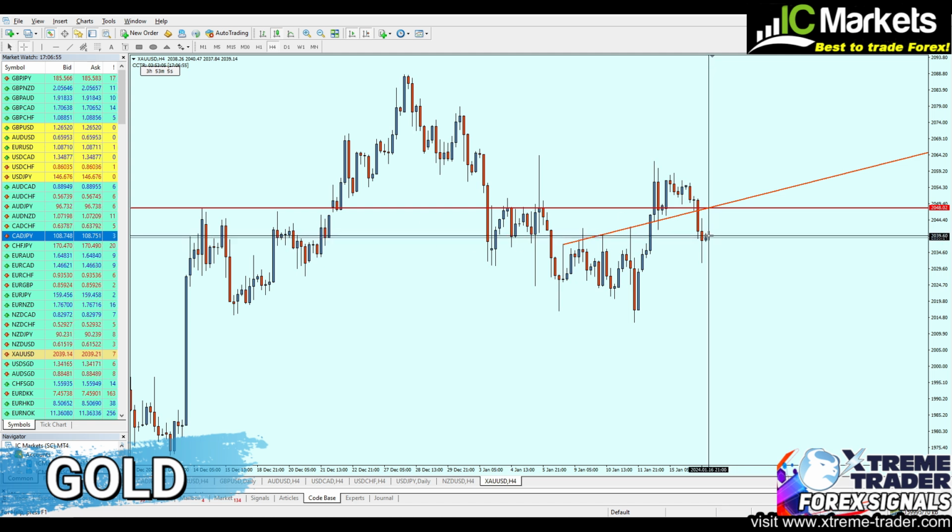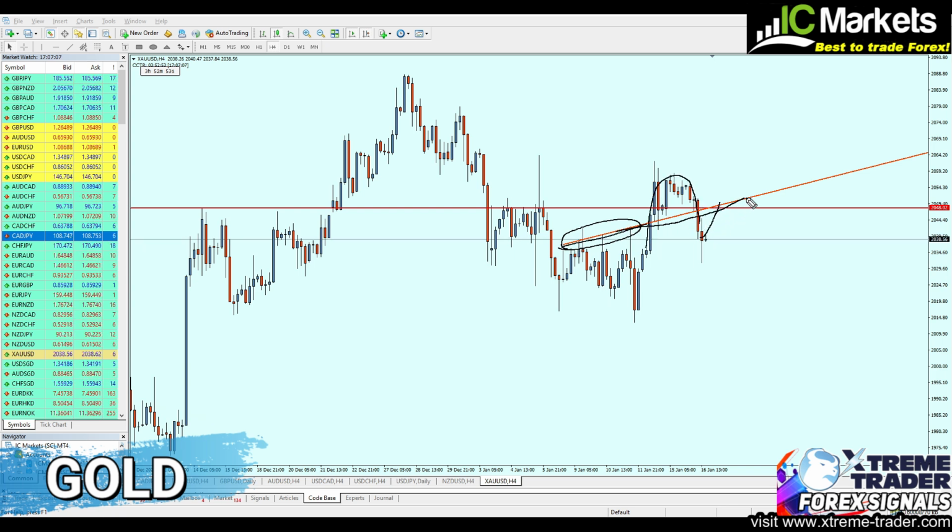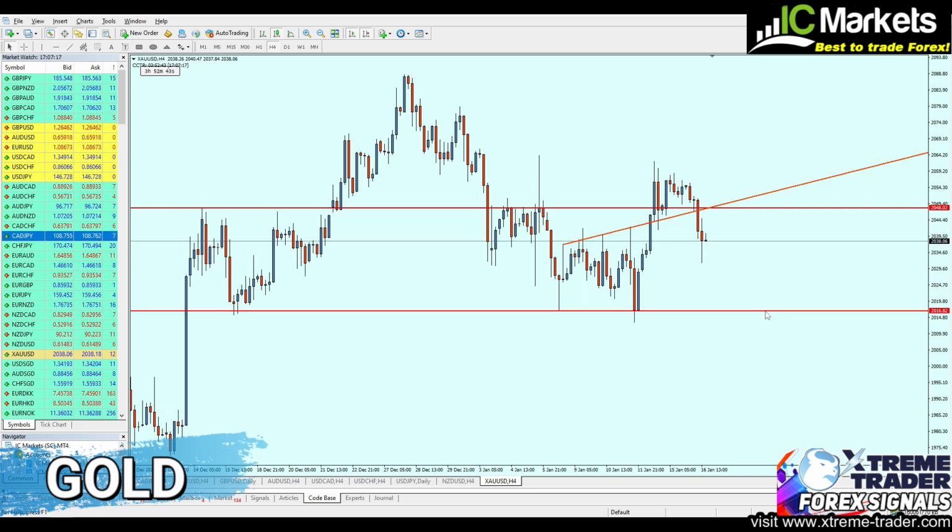So therefore let's expect the gold to continue the rise till it reaches 2048.02. First of all, it will be retesting the broken level of a resistance trend line with a fake breakout, so therefore the real level of a resistance trend line is going to be respected again, and also this level of a strong key resistance is going to be retested also. And if that happens, we can continue selling the gold till it reaches the lowest level of a key support